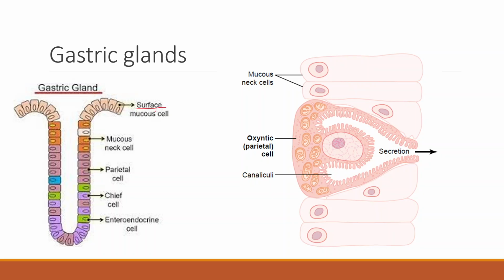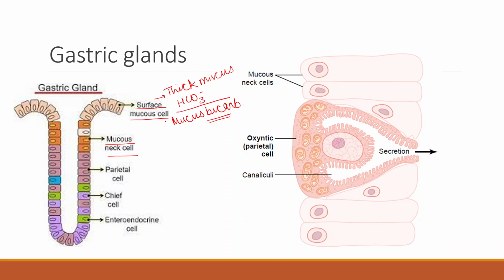On the surface, there are always surface mucus cells. Why surface mucus cells? This is very important. These are unlike other mucus cells which are present over here. These surface mucus cells secrete thick, gel-like mucus. First, they secrete thick mucus, and second, they also secrete bicarbonate, and they basically form a mucus-bicarb barrier over the stomach lining, which helps protect the epithelium from damage by the gastric